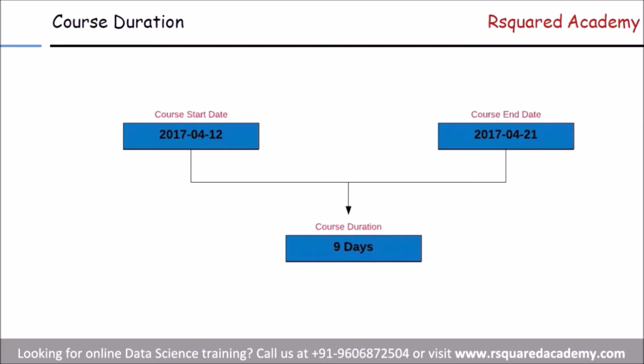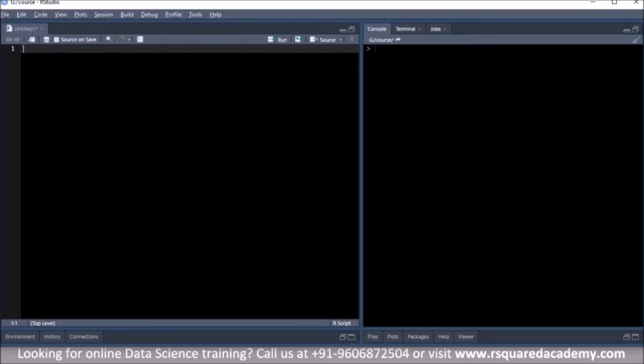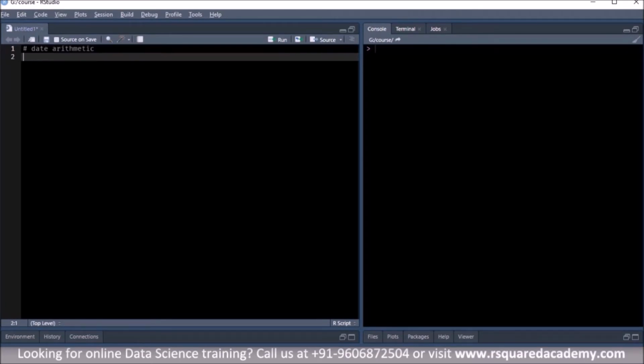To do this, we'll have to store the dates using the Date class. Here we do not have any time component, and as we said in the previous module, when you don't have any time or time zone component, you can use the Date class. So let us go to RStudio, and here we will store the two dates using as.Date.